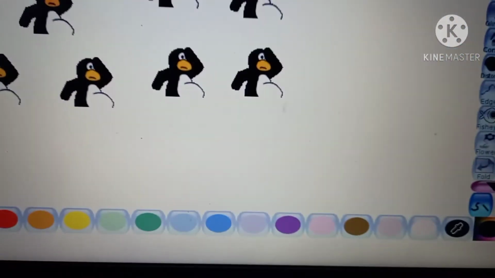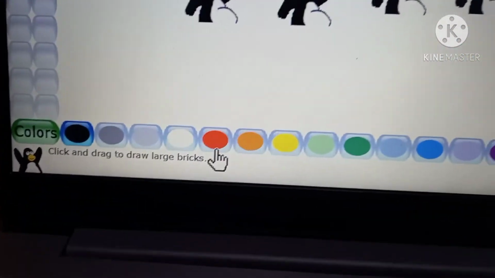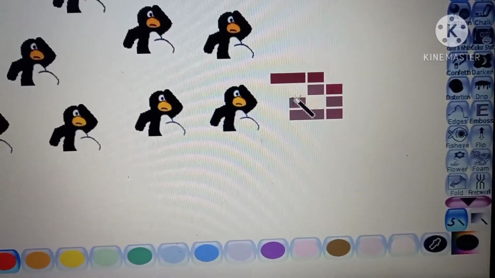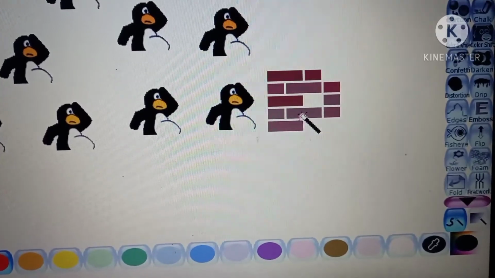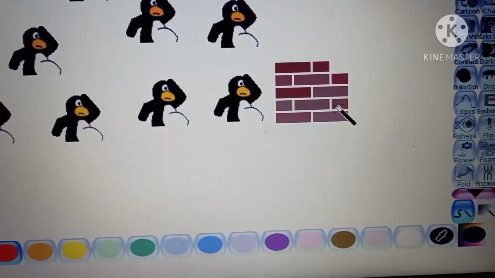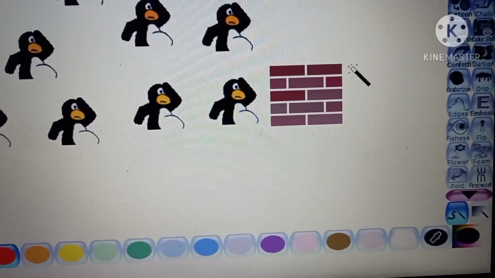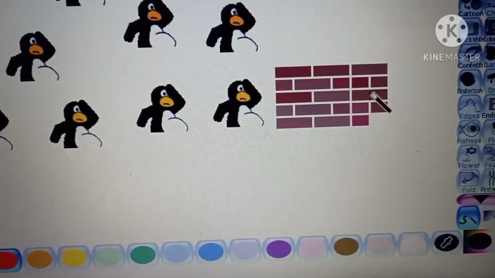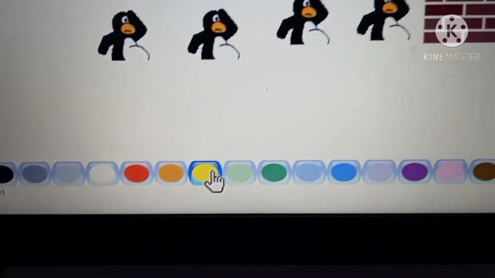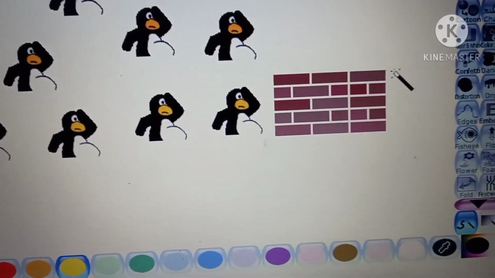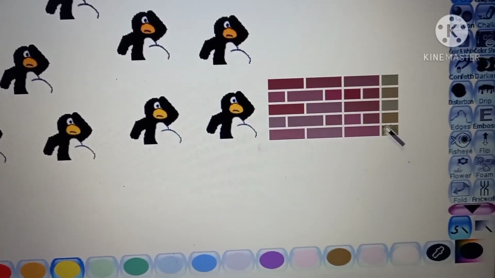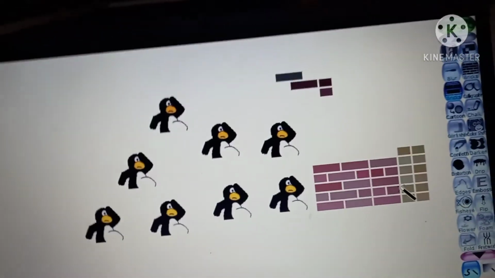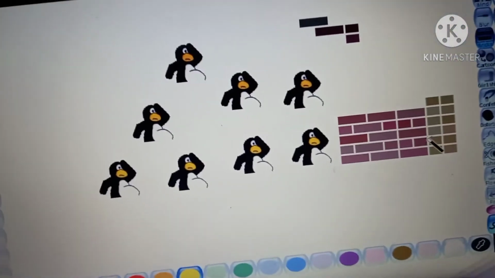You can select a color from here, whichever color you want. Again we'll change the color. This is how you can do it.